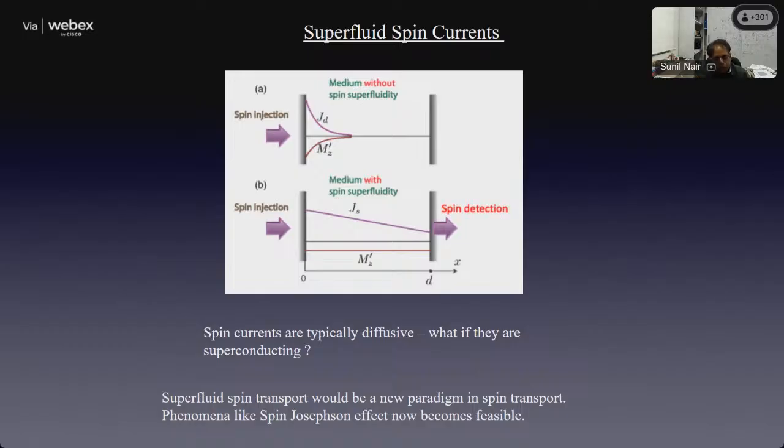So electronic Josephson effects are at the heart of superconducting qubits. Now, if you have a spin-Josephson effect, you can actually try and make a completely magnon-based qubit, which can work at significantly higher temperatures. So for instance, if you have a qubit architecture which does not require a dilution refrigerator, you suddenly make it much more attractive and easily doable. So that is another major focus of research, and some people are already seeing it.